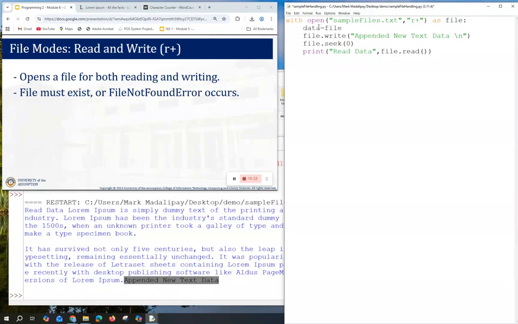Data is equals to file.read, which we will read the current content, and will print our data.